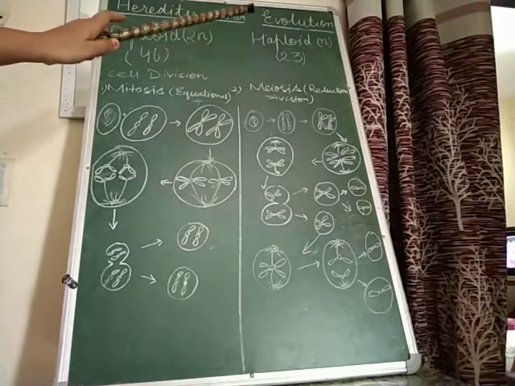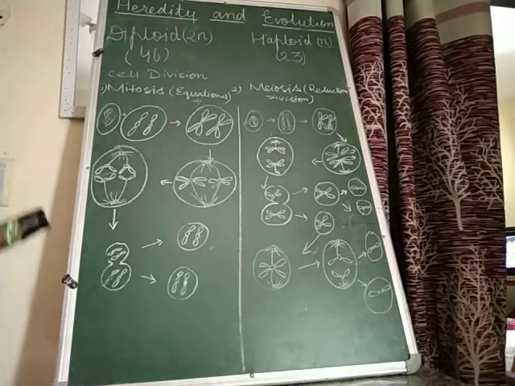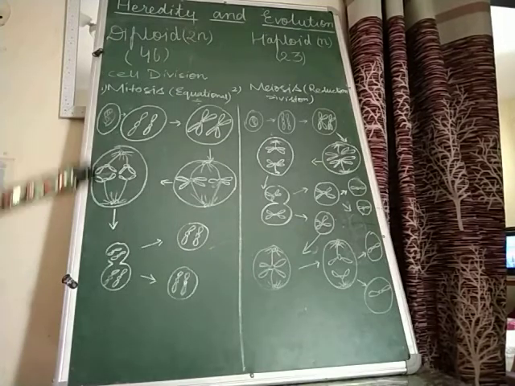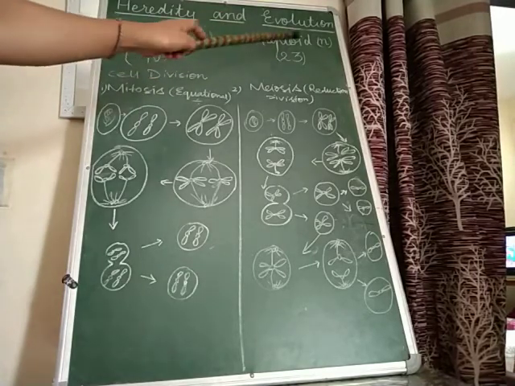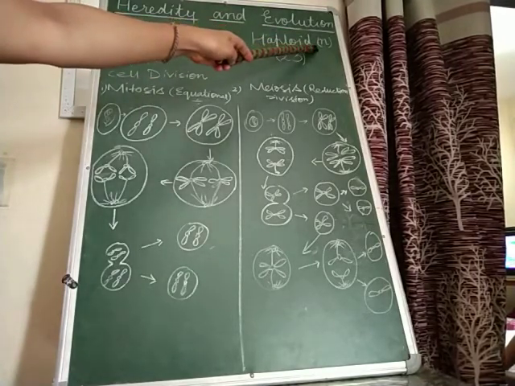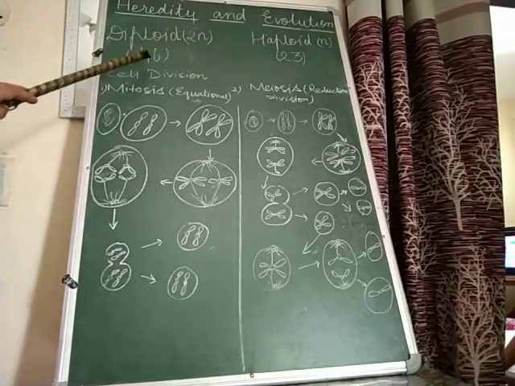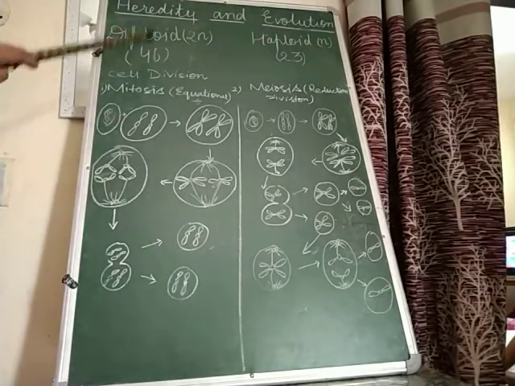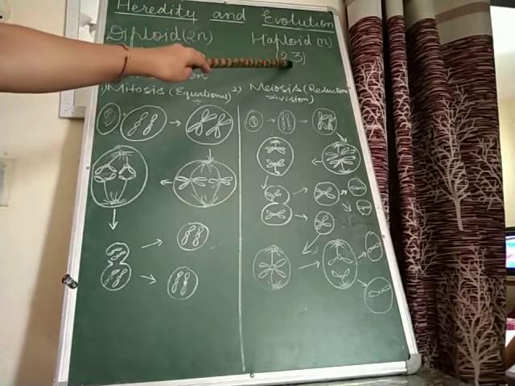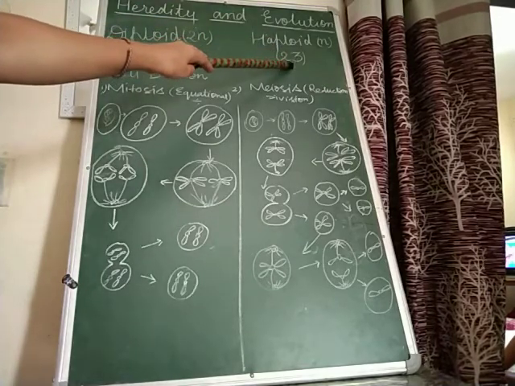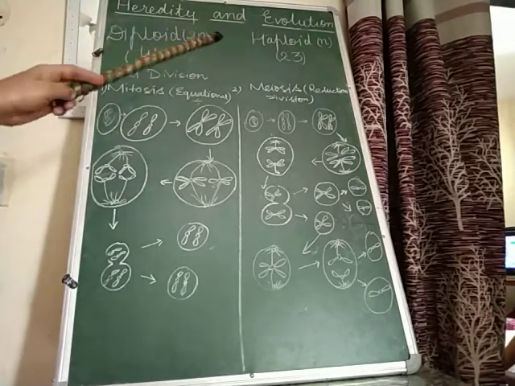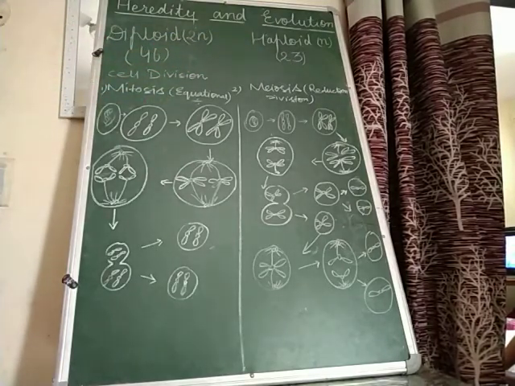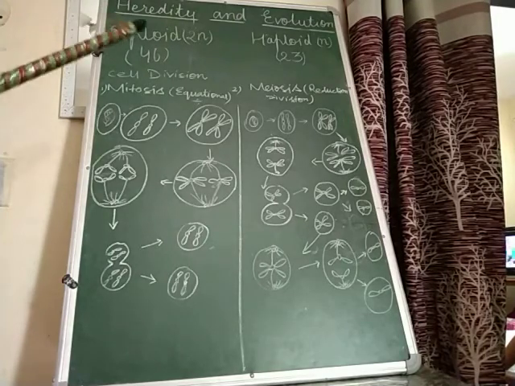In gametes, the sperms or eggs produced by the living organism, they contain half the number of chromosomes, and that is represented by n. So in human beings the complete set of chromosomes is 46 and half the number is 23. In gametes there are 23 chromosomes. When both the gametes fuse, they form the 46 chromosomes in the zygote.